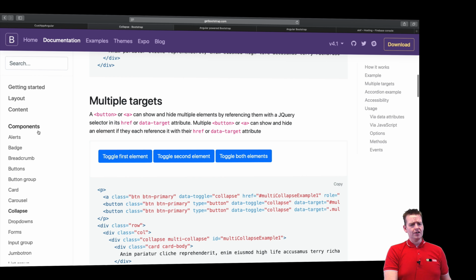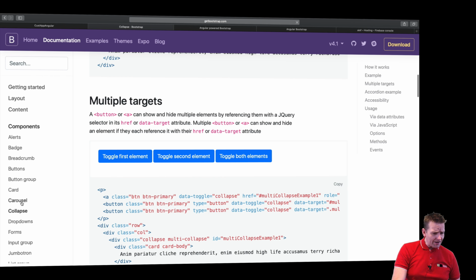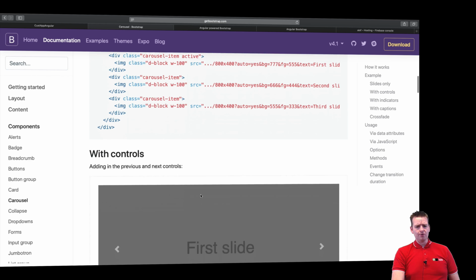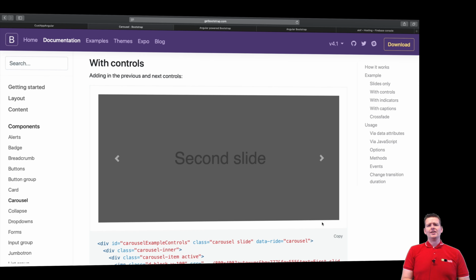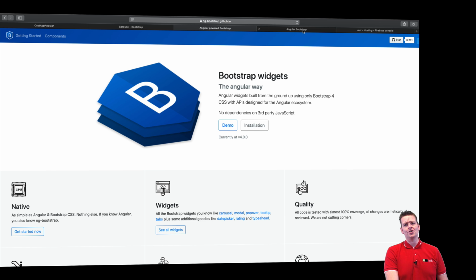Let's do the carousel. Let's scroll down to see the slider. When I'm doing this, for instance, some JavaScript is run, and we actually have some helper classes for that inside these Angular wrappers. So it's easy for us to write it in an Angular way instead of writing pure JavaScript